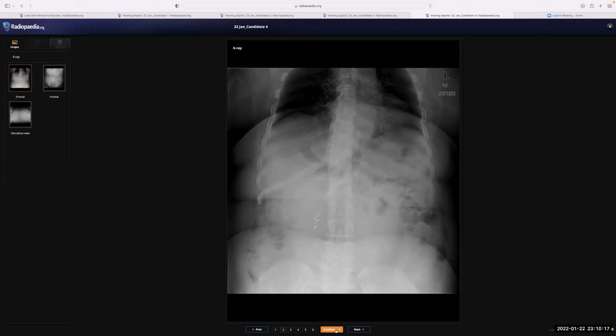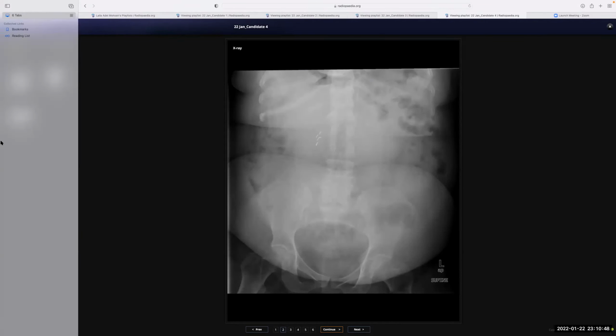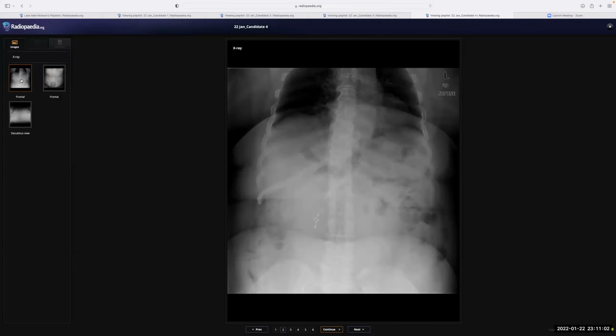I'm not able to see any particularly dilated bowel loops, but in the region of the right, can I see the other images as well? Yeah, sure. So on the right upper quadrant, I can see there is a lucency, which is not looking like linear lucencies to suggest pneumobilia,